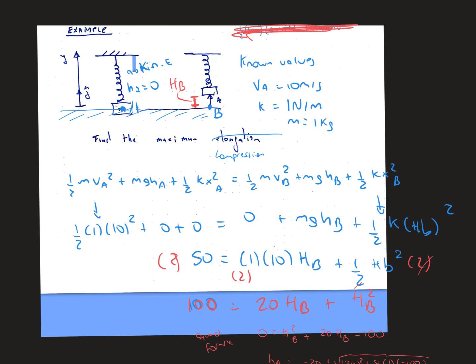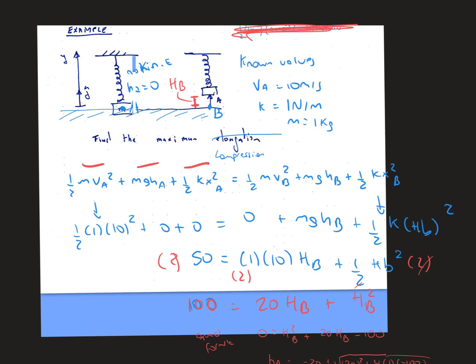So the next problem, we're going to find the maximum compression instead of the elongation. The given values are VA equals 10 meters per second and K equals 1 Newton per meter. Also, the mass is 1 kilogram. So what we're going to do is add the potential energy plus the kinetic energy plus the